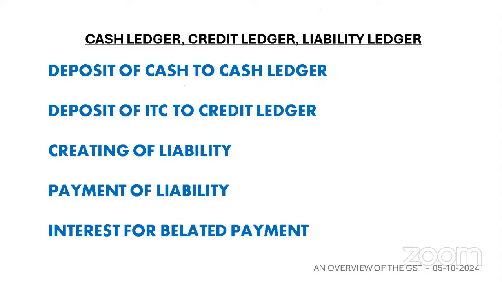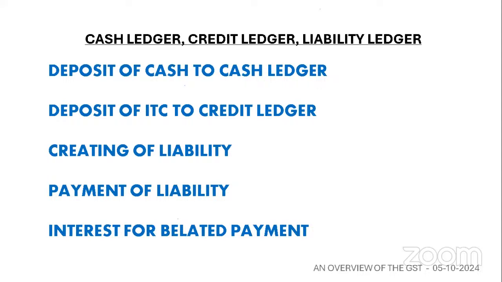Then your credit ledger is also another passbook where the amount deposited will be written by you only. In the cash ledger, when you make a cash payment to the government through electronic mode from your bank account, the money goes to the cash ledger. When you pay tax to your vendor and you enter the same amount of tax in your monthly return, the amount of tax paid by you will be credited to the electronic credit ledger. This is one more bank account for you. The amount gets in the credit side of that passbook.